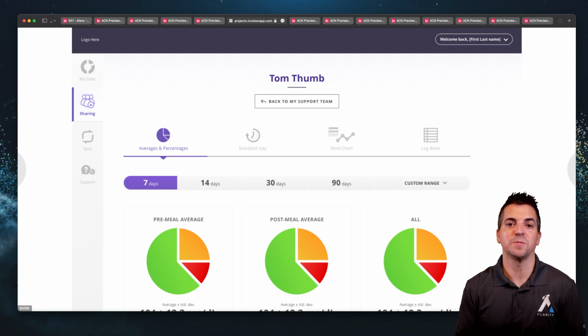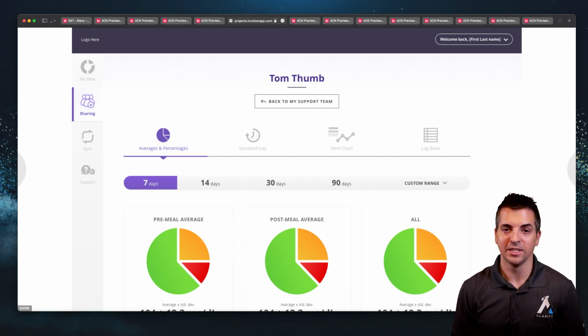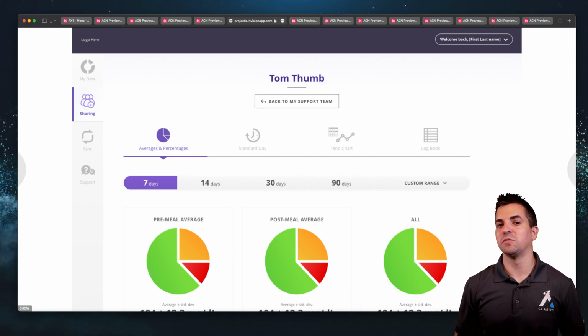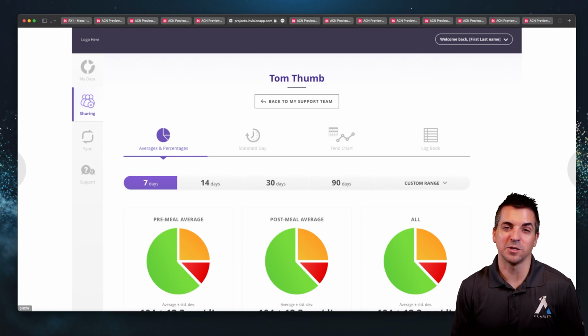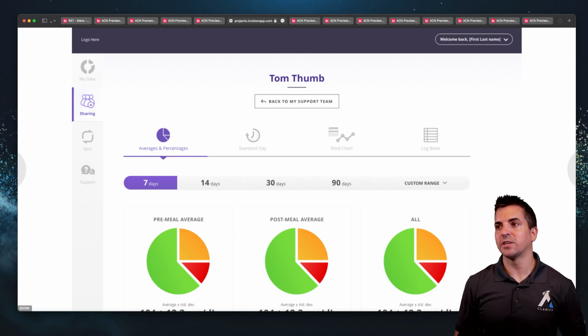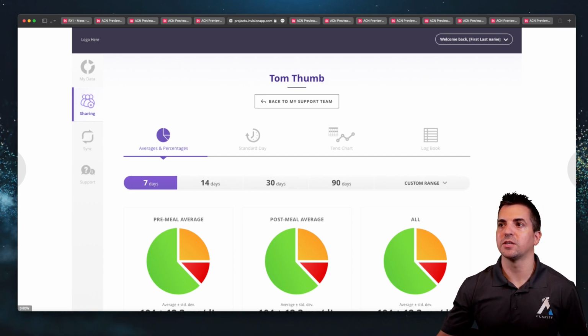And so you want to keep that in mind as you're looking at how you might enable something like this yourself. If you're going to be doing something that involves supporters, consider the fact that you're going to have to comply with HIPAA still. Okay, now the other thing that's really interesting about this is this particular view allows us to basically show Tom Thumb here